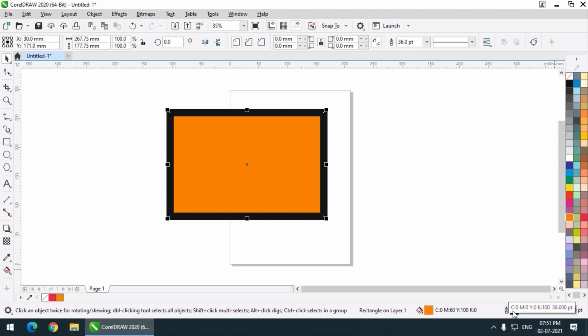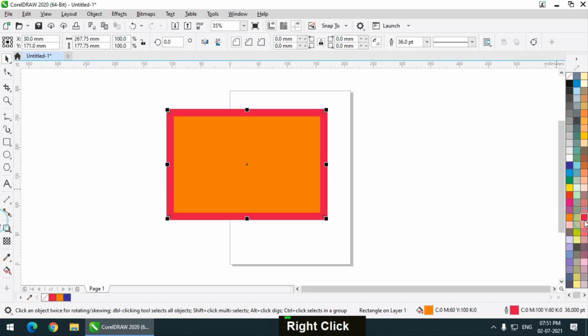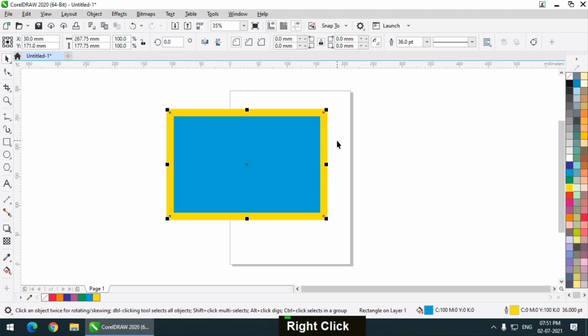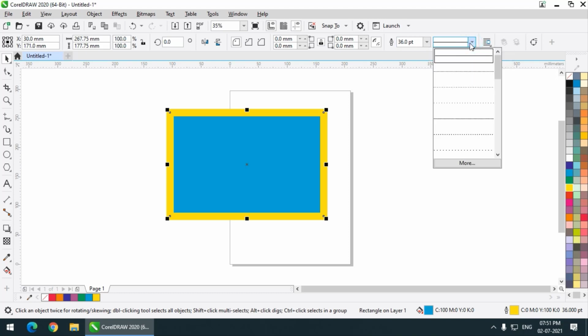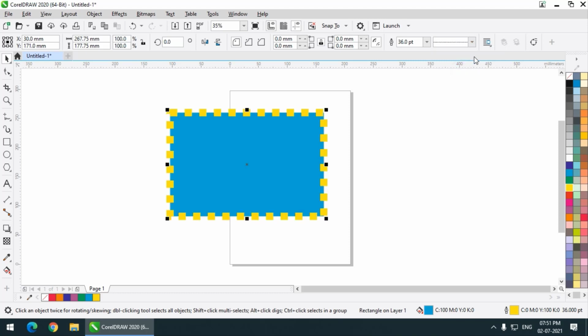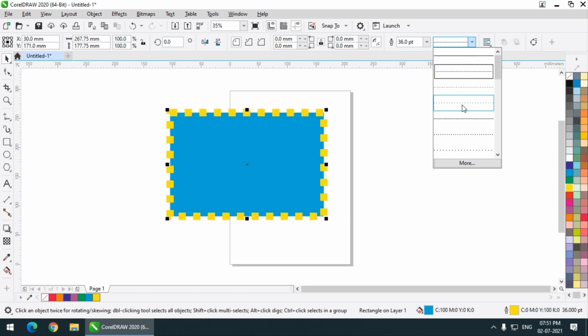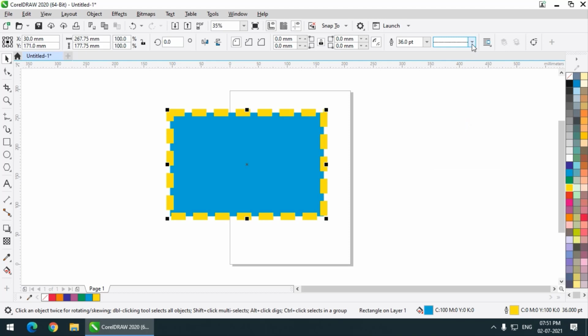You can double click over here, or we can simply right click on the color so that the outline color will be changed. Remember, left click is for the fill color and right click is for the outline color. We can always change the outline color, fill color, and the outline width. We can also change the outline style. Presently it is a normal basic line. We can change it to dots, dash, and different types of dots and dash.